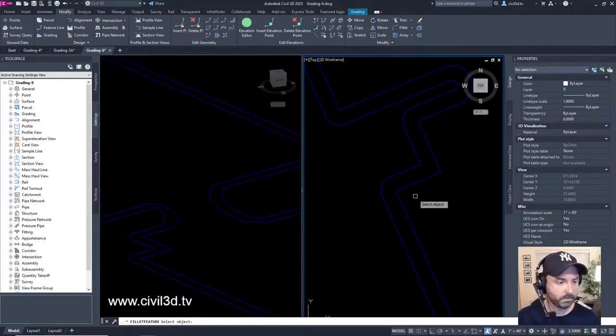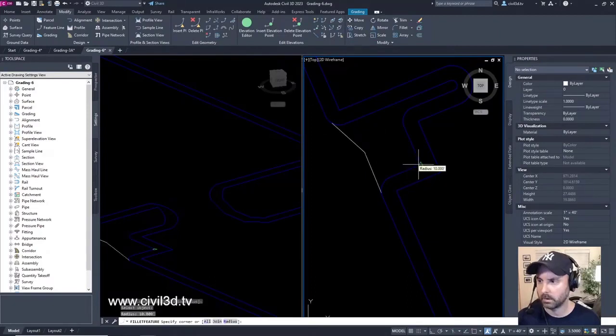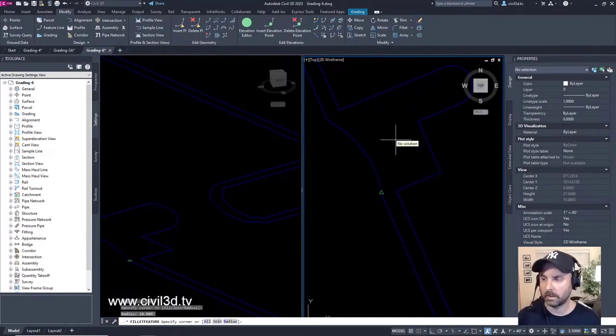And this was one of them. I believe if I move my cursor over the feature line, was it here? And then over here? No. What about here? There it is. That's what I wanted. So it filleted all that stuff. I'm going to do it again.